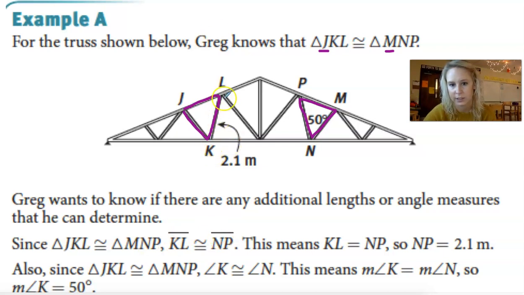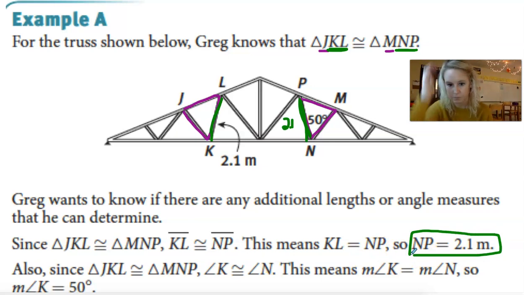So here is KL. I know KL is 2.1. So then I can know the other corresponding side in the other triangle. KL is the last two letters over here, N and P. So I know that this also has to be a 2.1, okay? So he has found out that NP is also 2.1, all right? So whatever is true in the left part of the triangle is going to be true in the right part